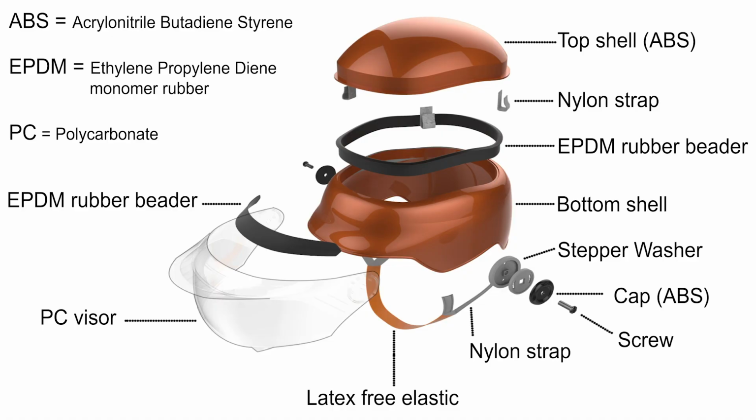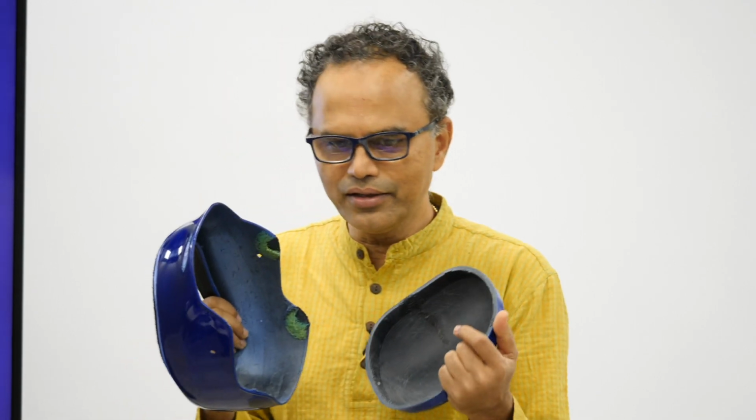The gasket is made of either EPDM or we can use polyurethane. And it's also injection molded. You can use engineering plastics, like polycarbonates and ABSs, for motorcycle racing. But if you're doing your regular work, which is here, it can be a simple blend of ABS, which will be much stronger. So these are two more injection molded parts. The thermocol shells are made of expanded polystyrene. So here my challenge is, remember the earlier helmet had only 2 dies. I have 4: 2 plastic dies, 2 thermocol dies, 1 visor die, and then the elastic strap.